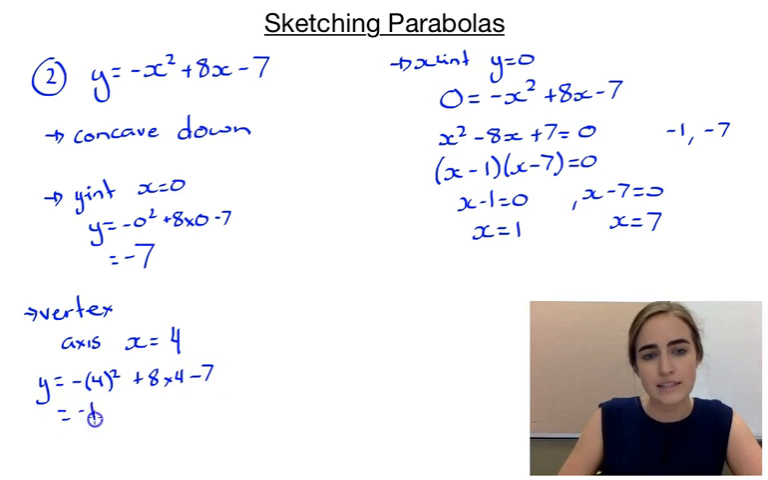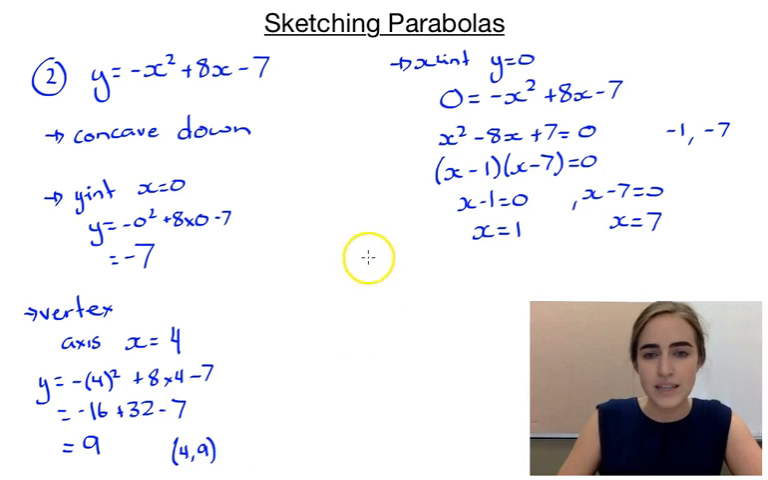So that would give us minus 16 plus 32 minus 7, which would give us an answer of 9. So our vertex is 4, 9. So if we sketch that then,